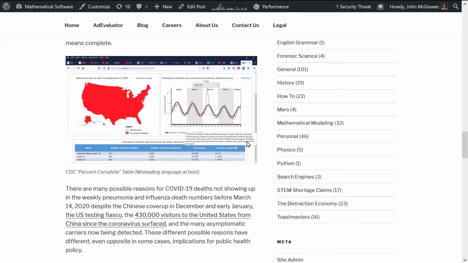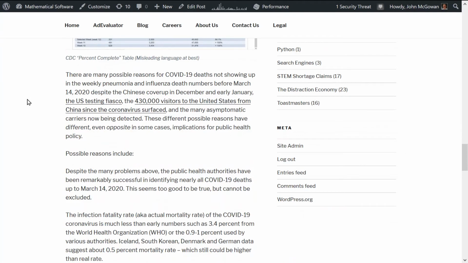But again, it's not absolutely unclear from the language here, and most people coming to the website would probably just interpret it to be fully complete, even though greater than is kind of weird.